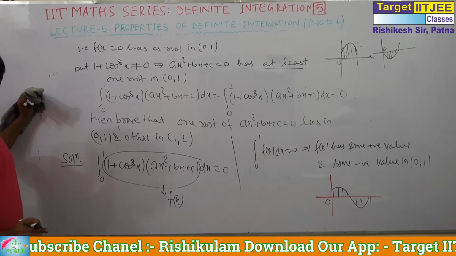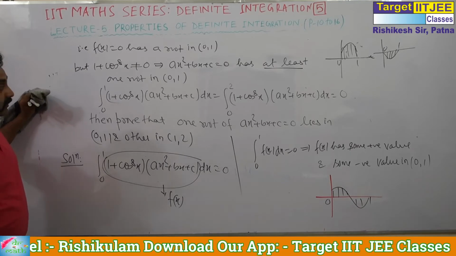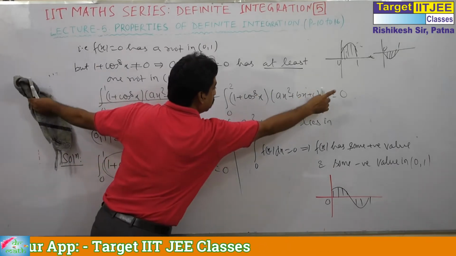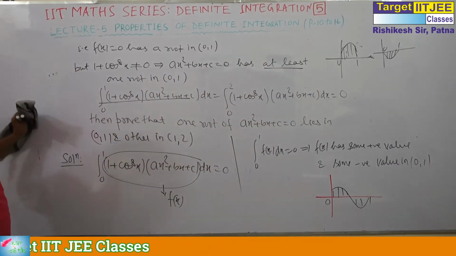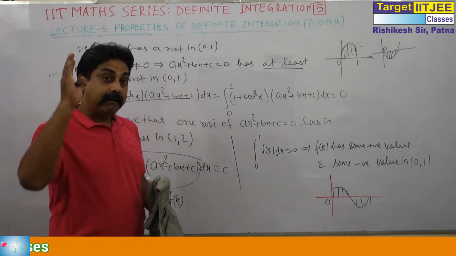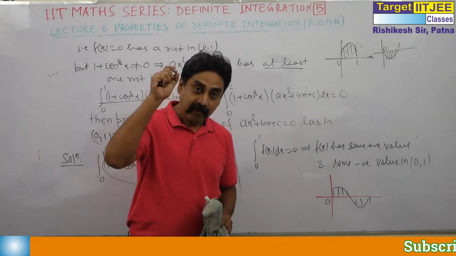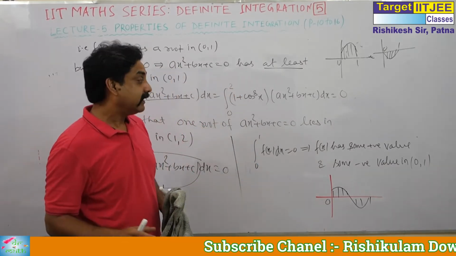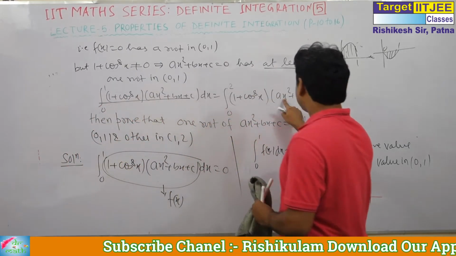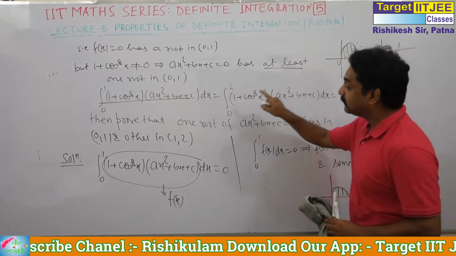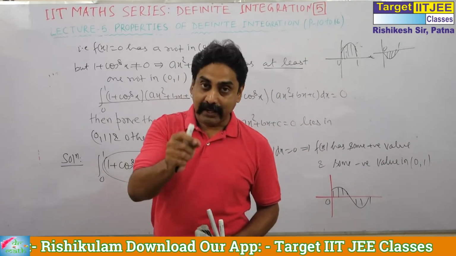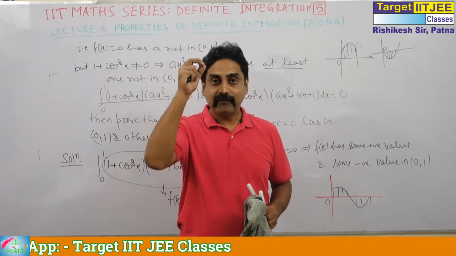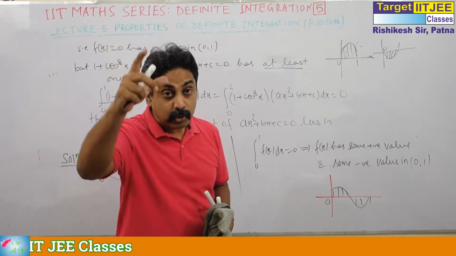I will also explain that this is exactly one root. But what do we get? From this very data, when this is 0, we want to. Now, if we repeat the same logic in 0 to 2, what do we get? At least one root of ax square plus bx plus c is equal to 0 will lie in 0, 2.